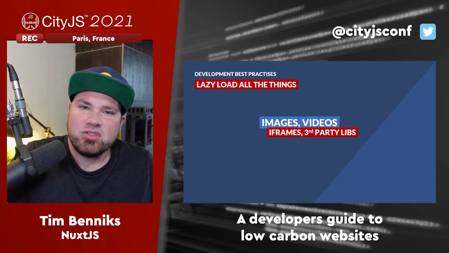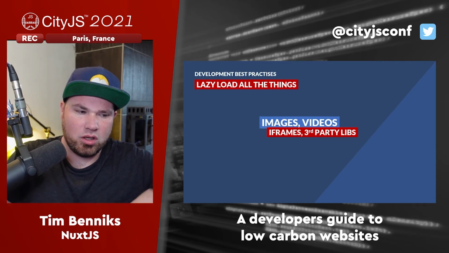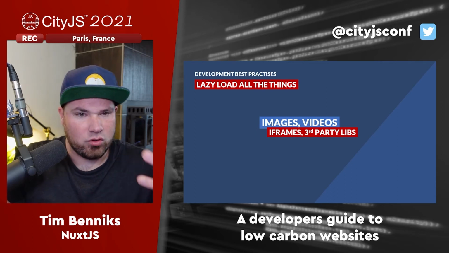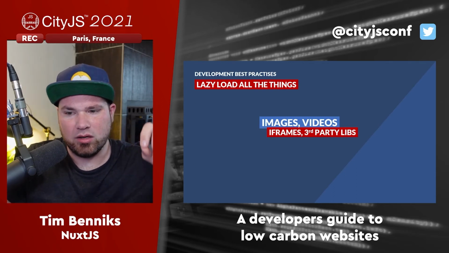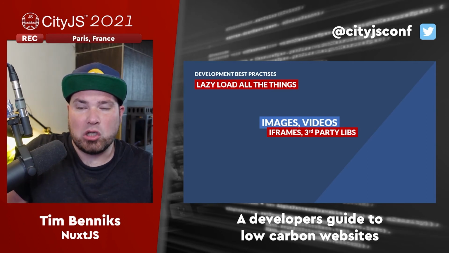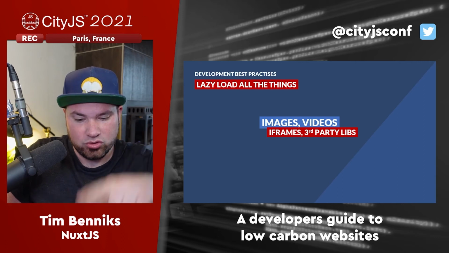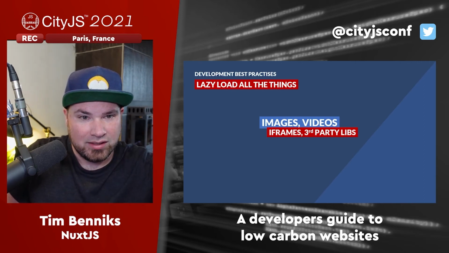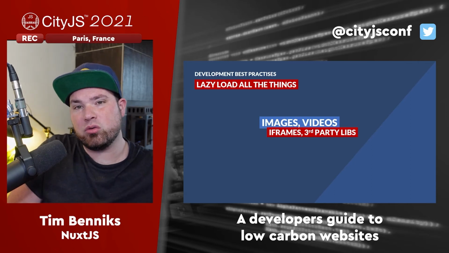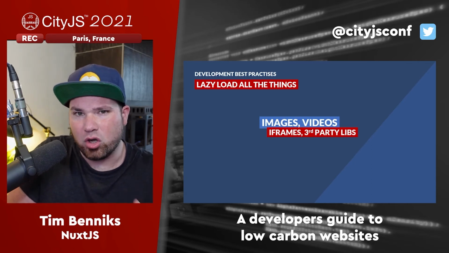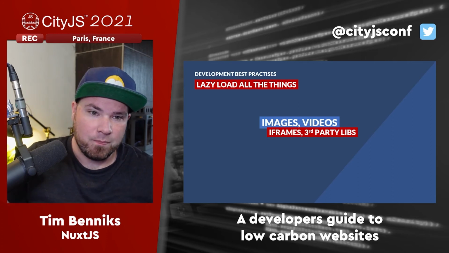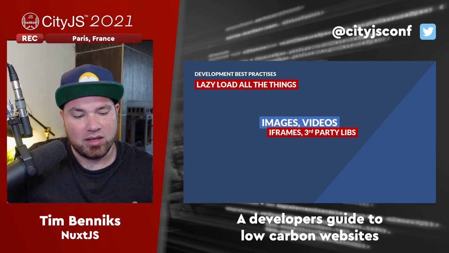Like imagine you have a ratings and reviews third-party embed, right? So you have your product, you scroll down, and suddenly you have ratings and reviews or a comment section, things like that. Why don't you just load that third-party library the moment the user scrolls down? Because most likely they won't scroll down, and then you don't have to load that whole huge third-party library that starts rendering stuff in your DOM and using your processor and such. If you don't need that, don't load it, right? So those are excellent examples.